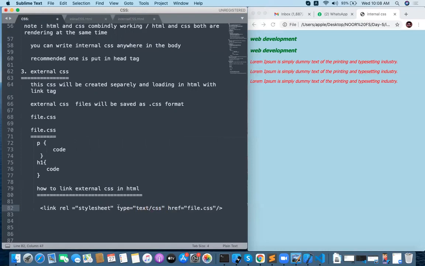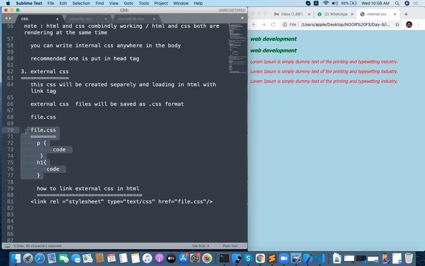Not mandatory attributes actually, but rel stylesheet is a mandatory attribute for you, and href is a mandatory attribute for you. Type text/css is automatically taken. Okay, this is the way of linking. Whenever you link like this, automatically all the additional code we are adding in file.css will be applied to your HTML file.